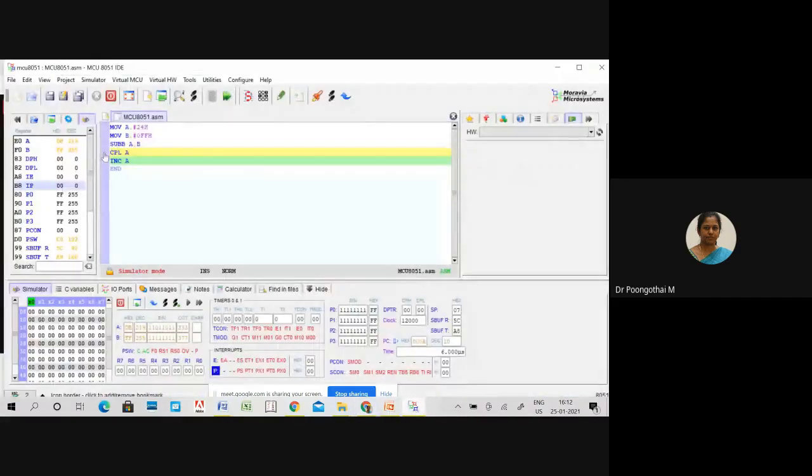Based on carry, you have to include these 2 instructions in your programming. So while programming this subtraction operation, you have to find out the carry flag status. If carry is set to 1 after subtraction, you have to incorporate these 2 instructions for converting your 2's complement result to true form.